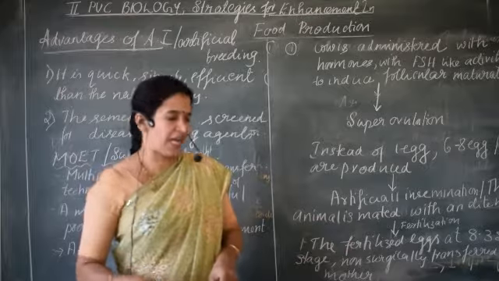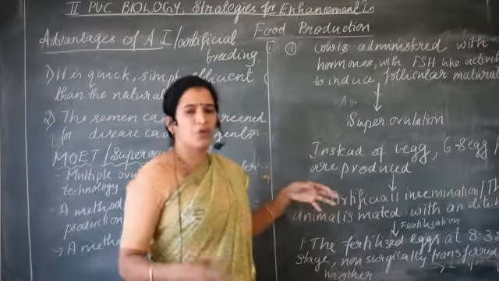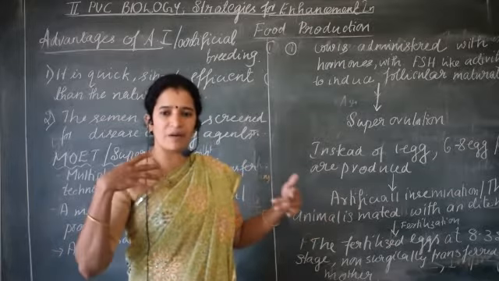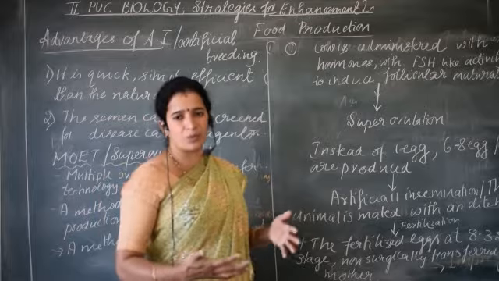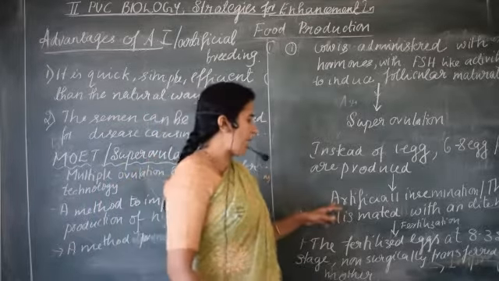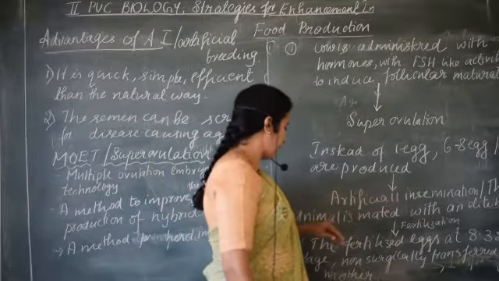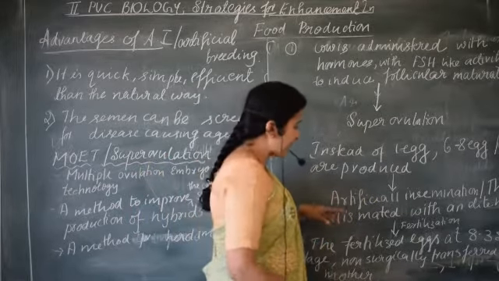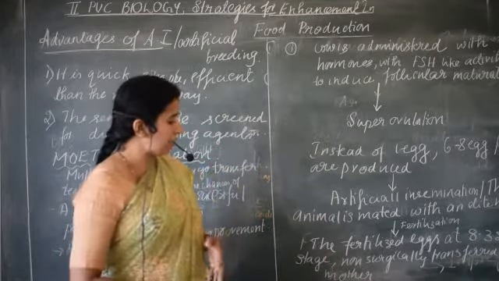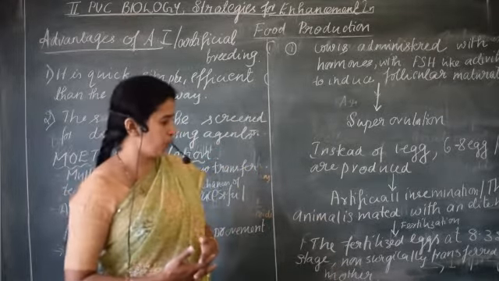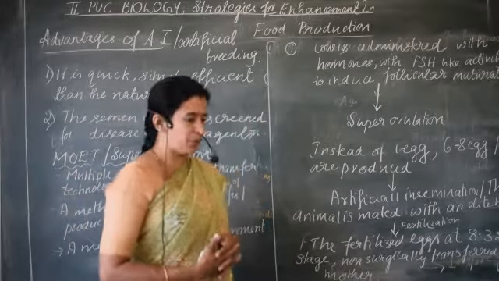So during this time, insemination. Artificial insemination. The MOET technique is a combination of artificial insemination and an embryo transfer method. So both are combined here. Artificial insemination is done during this time, and otherwise, if we are not following artificial insemination, the animal is mated with an elite bull. So normal mating also can be carried out during this period.